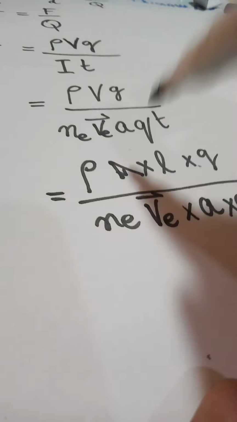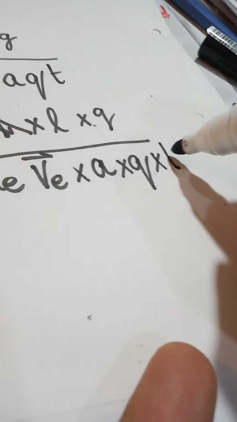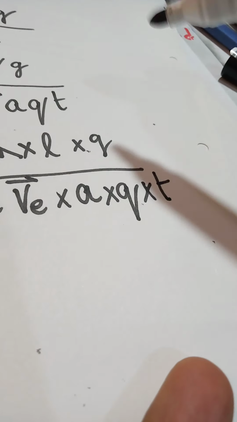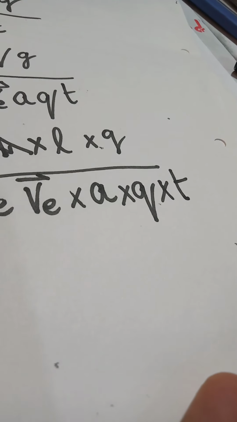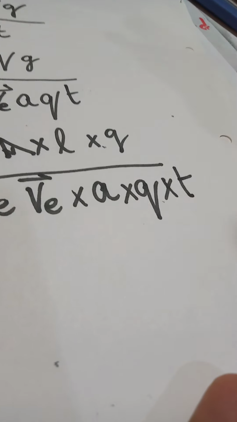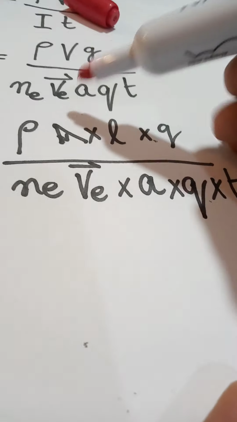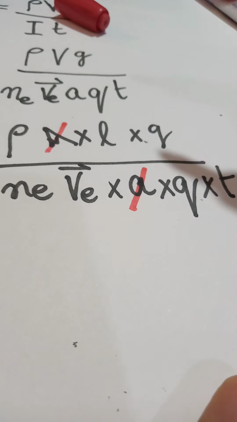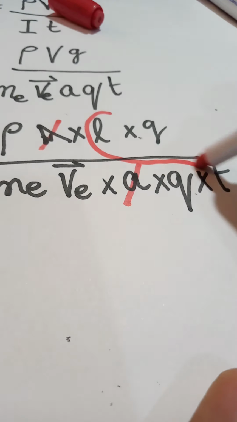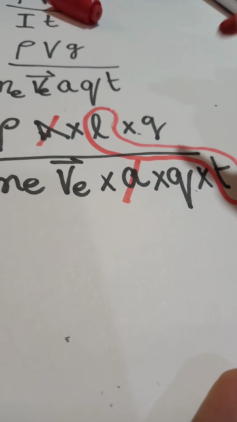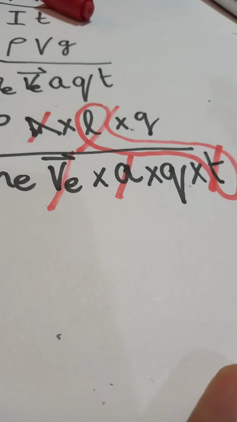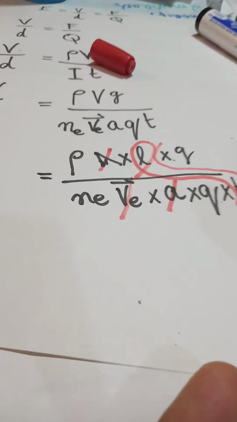So the velocity upstairs would get cancelled by the velocity downstairs. What I'm trying to elucidate is that we cancel out this area with this area, and then once this becomes velocity, it will get cancelled out by this. So we're left with